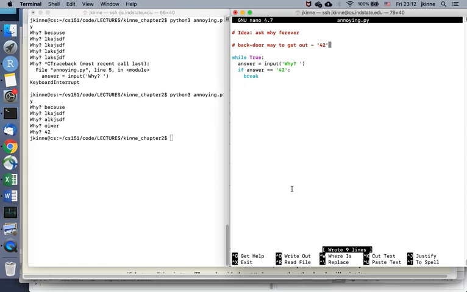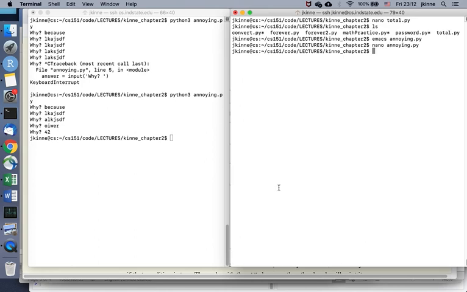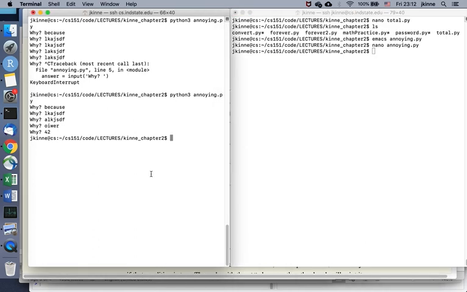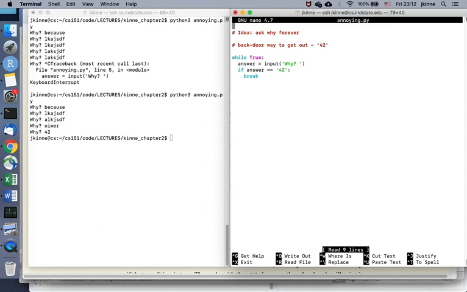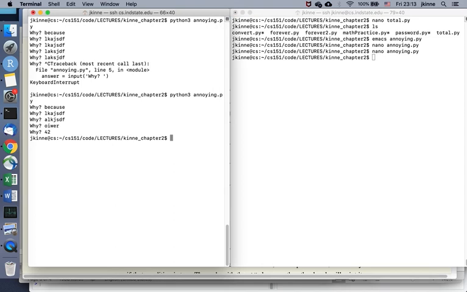Okay, so that's your forever loop, where we're explicitly making it go forever, and then something inside of the loop is going to decide when we break out. Okay, so if you want a minute with that, pause. Now the next one on our list